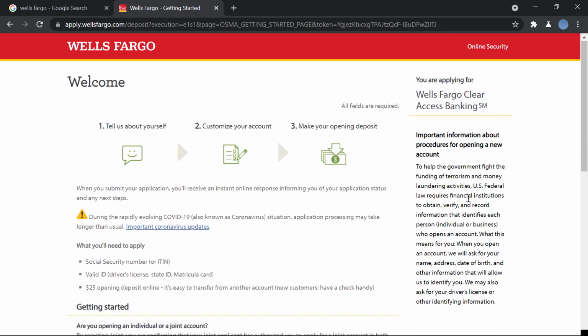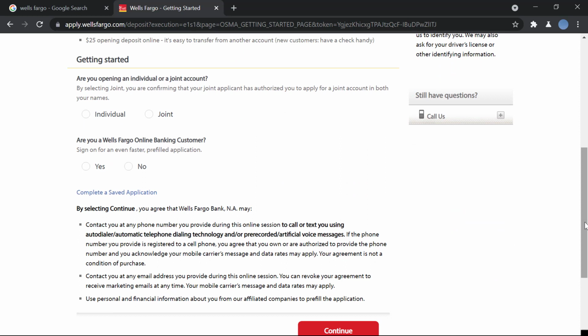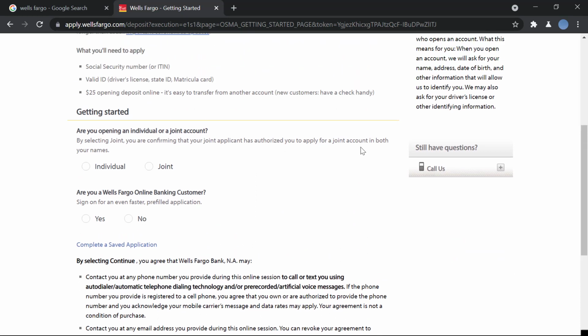So to open up a bank account, you will do three simple steps. You fill up a few details about yourself, you customize your account, and then you make an opening deposit, and your account will be opened. So to get started, you will need a social security number or a taxpayer identification number, a valid ID, a driver's license or a state ID, and then at least $25 of opening deposit online that is ready to